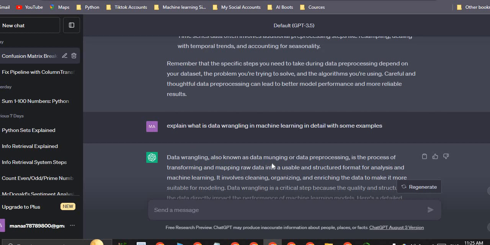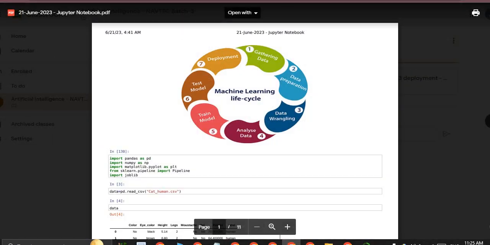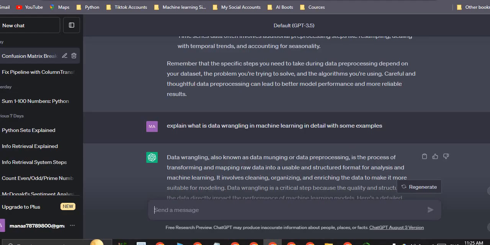Data wrangling, also known as data munging. This is similar to data pre-processing, but a little bit different. Here we see the difference between data wrangling and data pre-processing. It is the process of transforming and mapping raw data into a usable and structured format for analysis and machine learning.